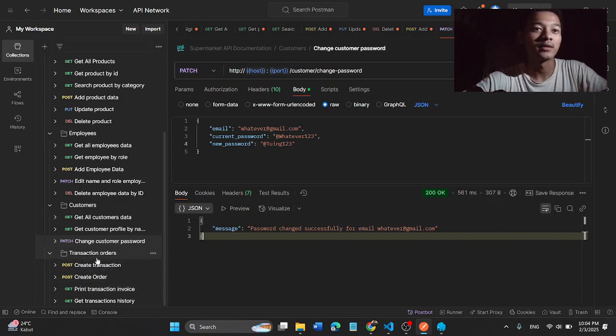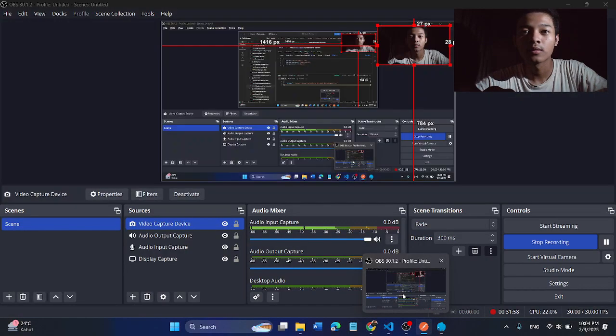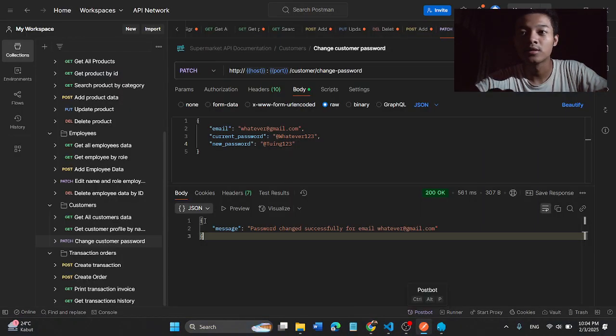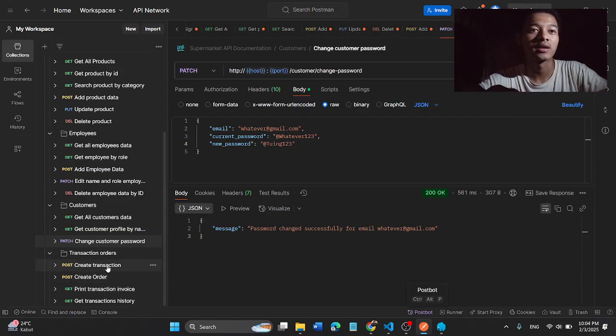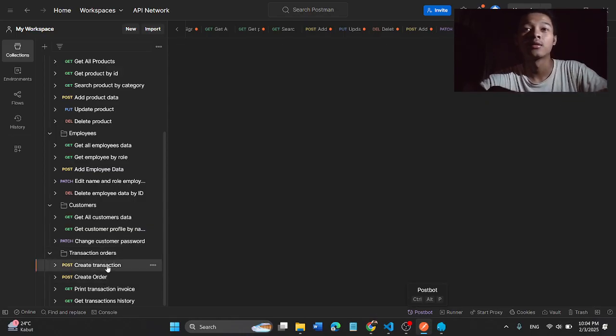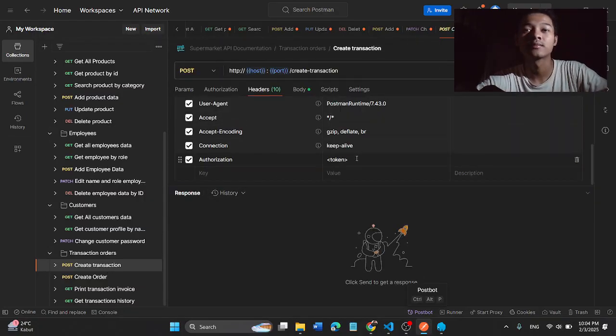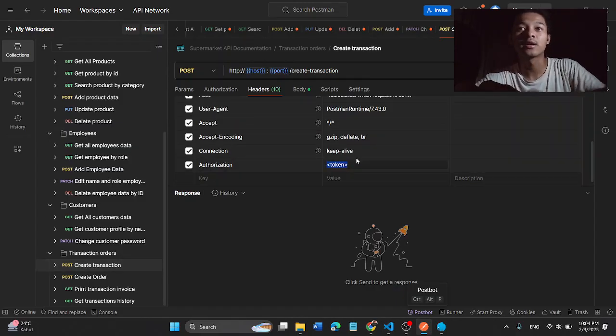Maybe this one is the last. It's already 30 minutes. This one is the create transaction. We will demonstrate how to create the transaction. We will place the right token here,